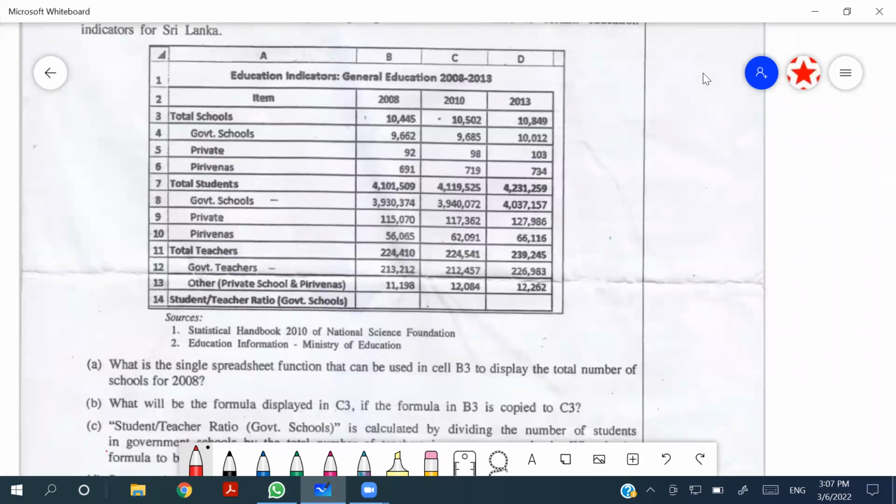The first part asks what is the single spreadsheet function that can be used in cell B3 to display the total number of schools for 2008. So they are talking about this cell B3, and they are asking for the total number of schools in 2008. That means the total of these 3 is going to be in this cell. It is easy, and they are asking about a function, so we have to use a function. You can say equals SUM